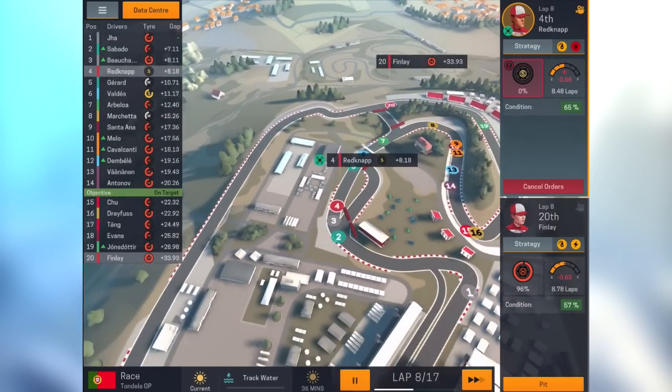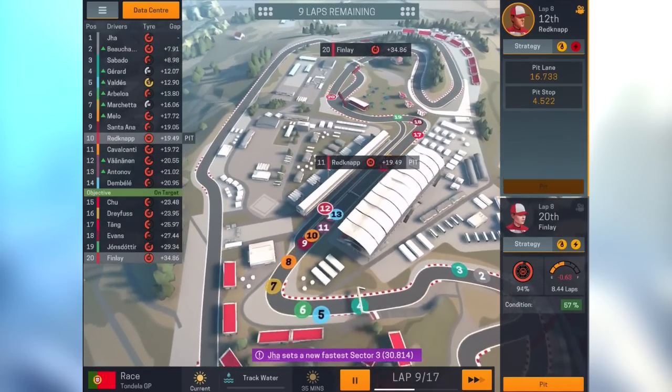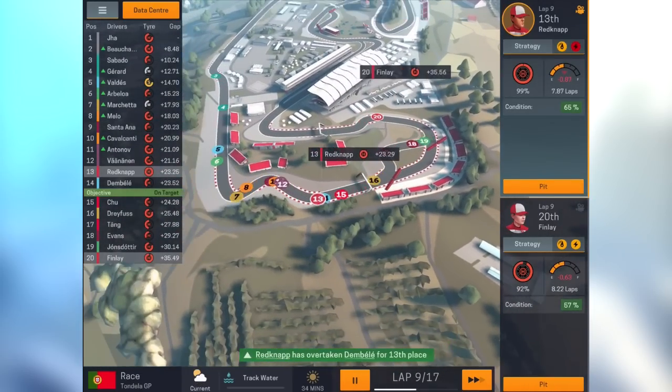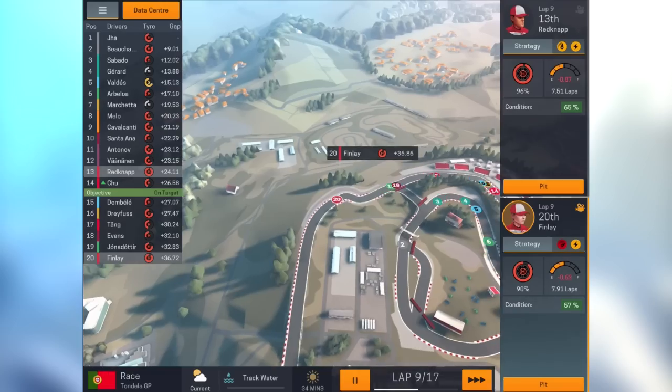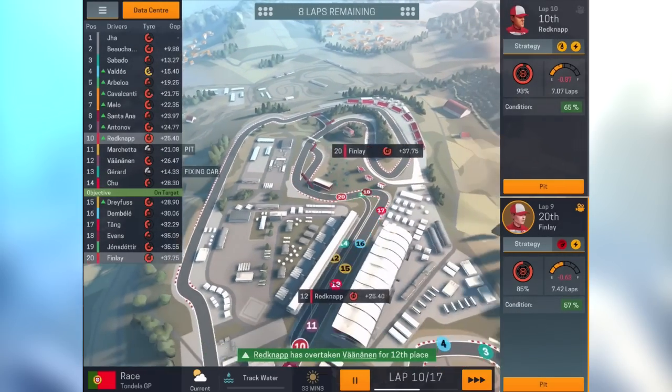He's down the order. He's down to 4th place. No. My luck from the PC versions continued onto the mobile. Right, we're out in 14th place. Right, we've got a lot of places to make up now. Right, Finlay's in 20th place, stone dead last. But now I'm going to tell her to push on and wear out the tyres a little